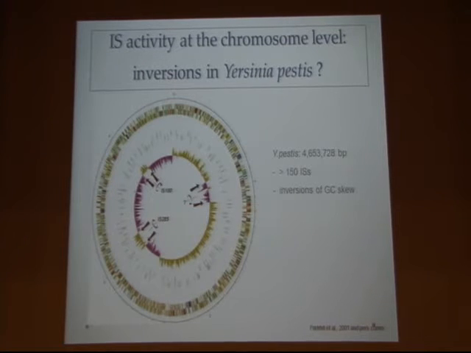But the GC skew can also show us lateral horizontal transfer events, or at least can show hot points for lateral transfer events. And when you look at the GC skew of Yersinia pestis, we can see that there were some inversions of GC skew. And when you look at the borders of these inversions, we can find different transposon elements. Okay. These are just some examples showing the impact of these elements. There are, of course, a lot of other examples, but just these